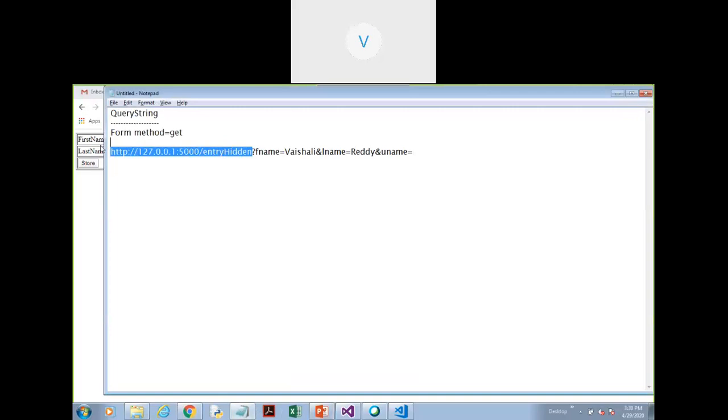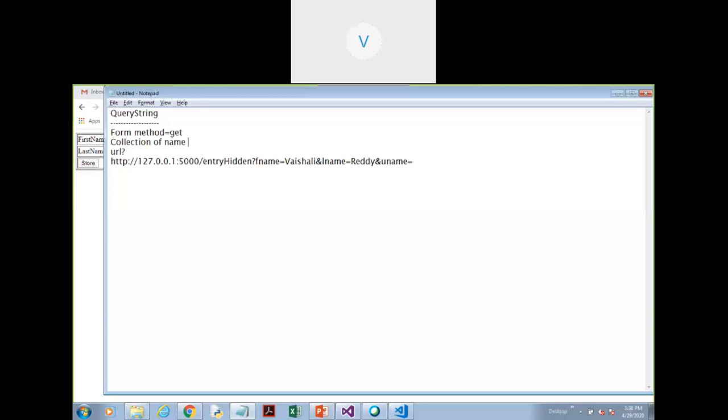So this part is actually my URL. This was the location where the request was being sent. So we have the format as URL. What is after the URL? After the URL, there is a question mark. What is written after that? You can see there is something called name is equal to value, and name equals value. So there is a collection of name and value pairs. We call this a collection of name and value pairs. This is termed as a query string